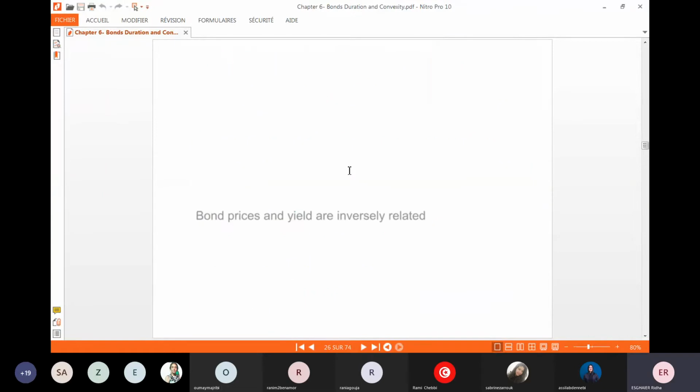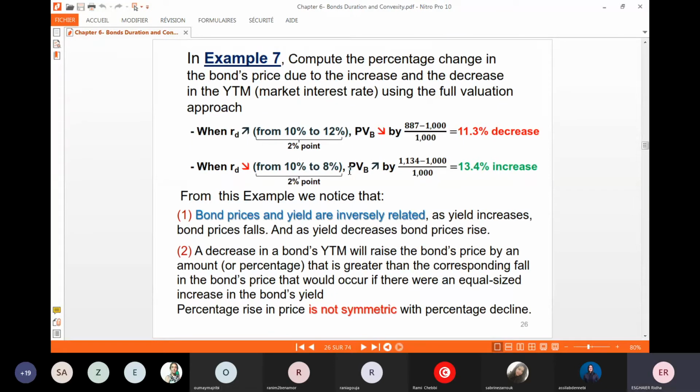What is the impact of this fluctuation or this variation of the market interest rates on the value of the bond? From the previous example, let's compute the percentage change for bond price due to the increase and the decrease in the yield to maturity using the full valuation approach. What is the full valuation approach? We compute the value of the bond using its formula. When the yield to maturity passes from 10% to 12%, meaning it increases by 2 percentage points,